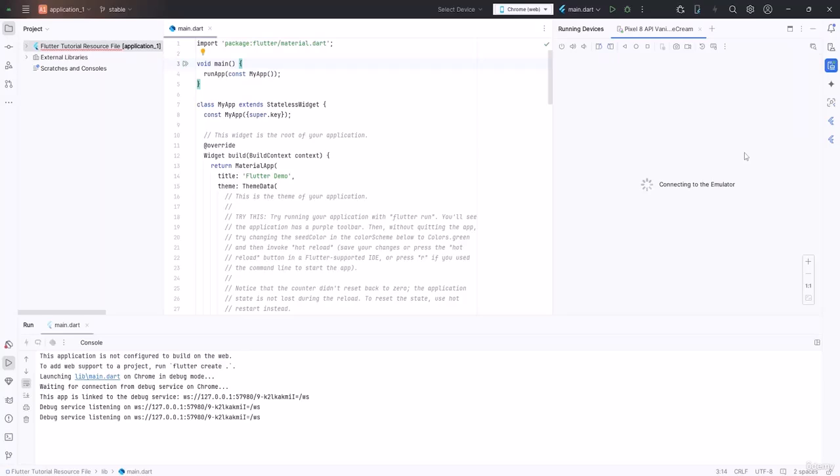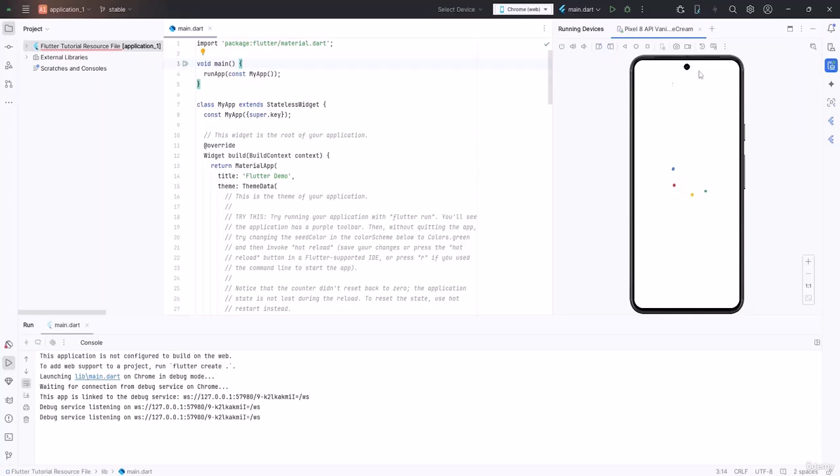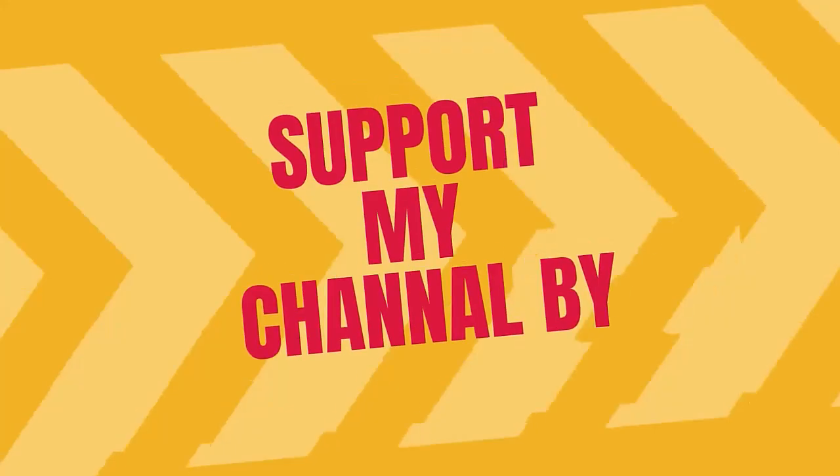Okay, so it will just give me a virtual device from where I can actually run my file. Okay, so once here you guys can see this is getting imported,